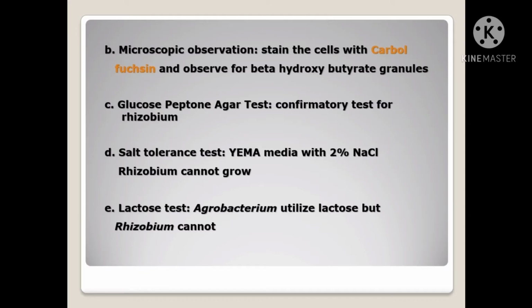We can prepare YMA media with 2% NaCl, but rhizobial colonies cannot grow on the medium. Next test is the lactose test. Agrobacterium can utilize lactose, but rhizobium cannot utilize lactose. So, based on this test also, we can distinguish both agrobacterium as well as rhizobium species.